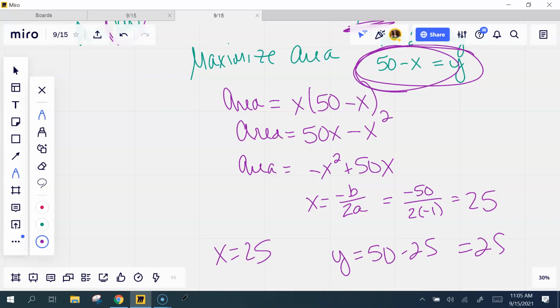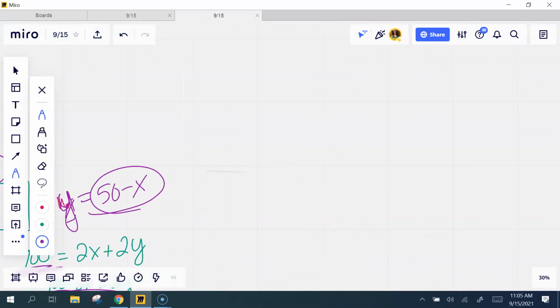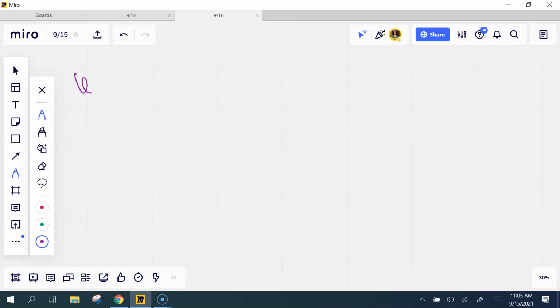Let's do 61. If you have your book and want to follow along, page 165. So, we are going to,